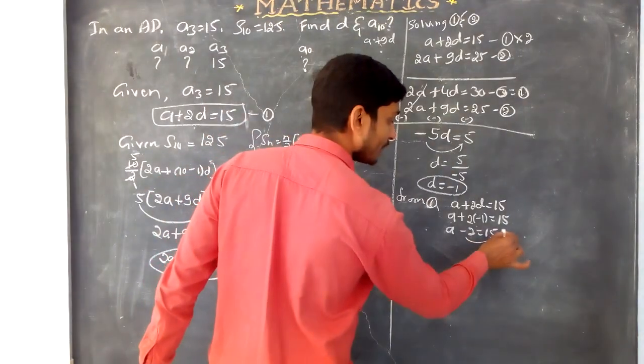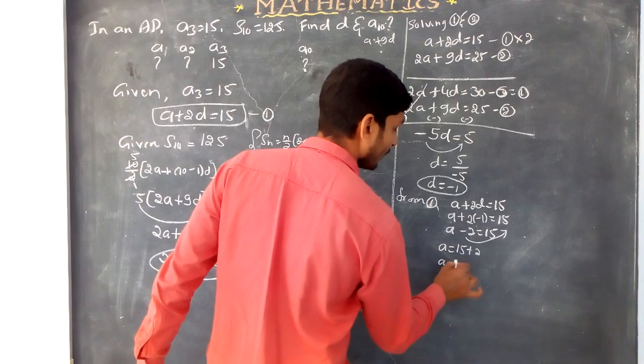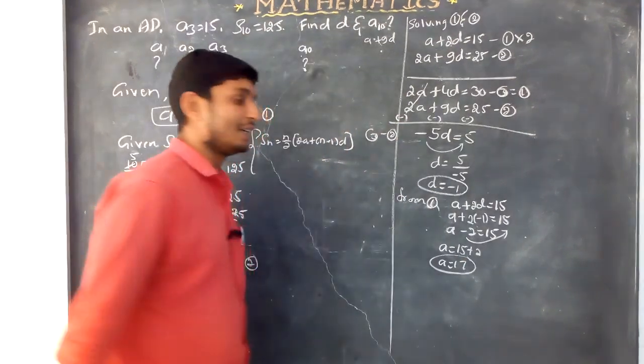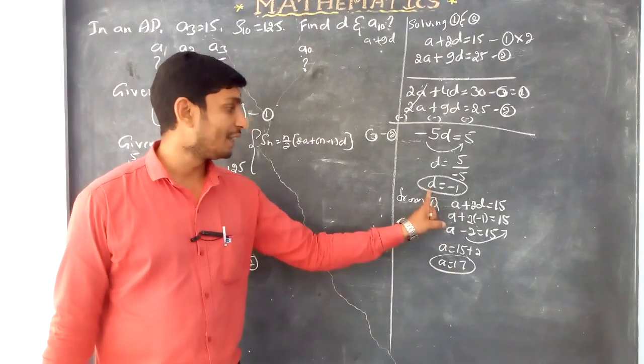Now transfer minus 2 to that side. That is a is equal to 15 plus 2. What is 15 plus 2? a is equal to 17. Again we got a. How much is a? a is 17. d is